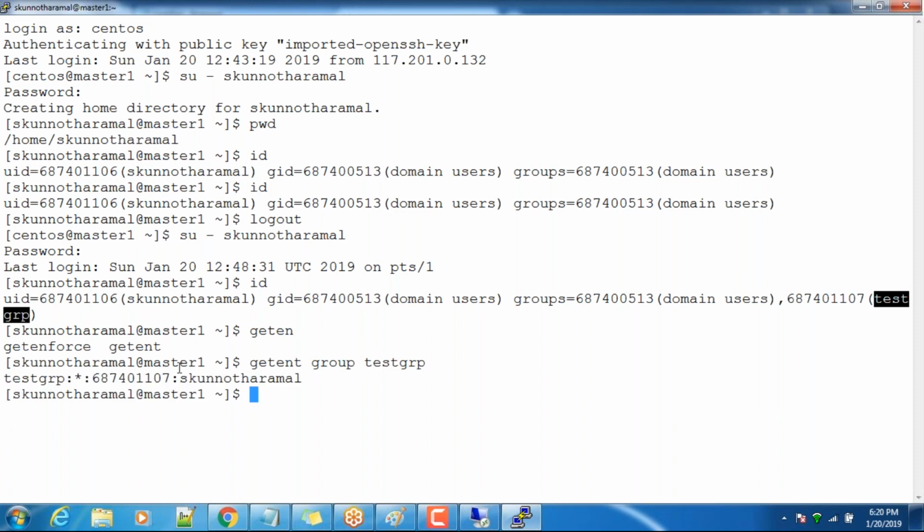You can see whatever the users were associated to this group. So this way we integrated this Linux machine with this Active Directory. Similarly, we have to do it for all the hosts, so that all the hosts should have the same user available. So whenever a user onboards,